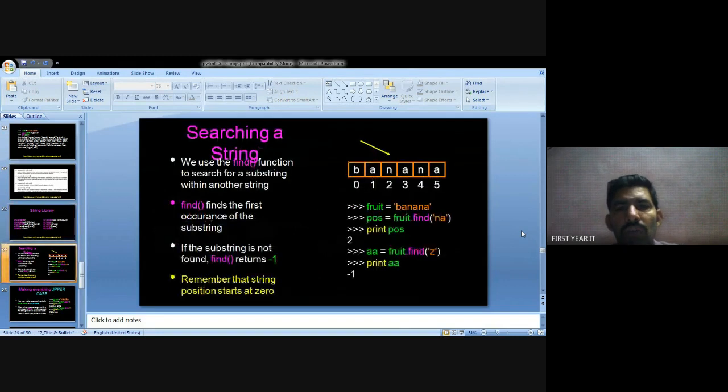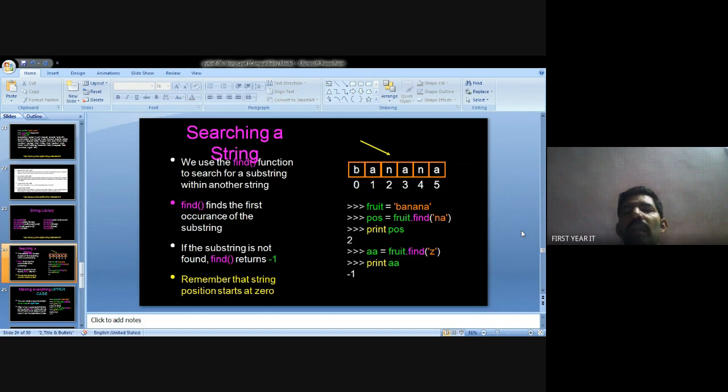Now an example for the find operation. Fruit equals banana, so I define the fruit value as banana. Then pos equals fruit dot find of na.